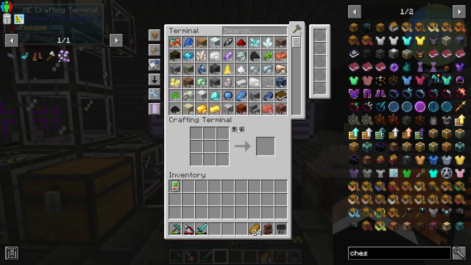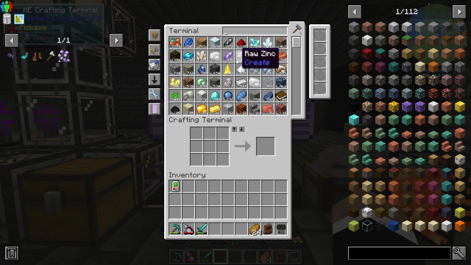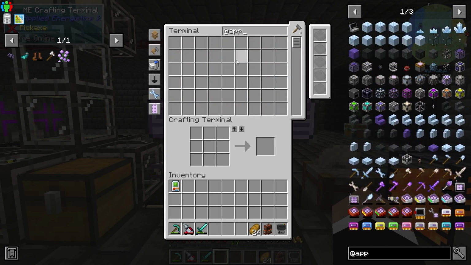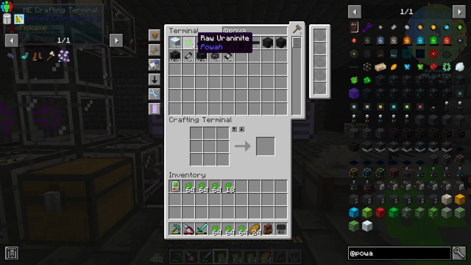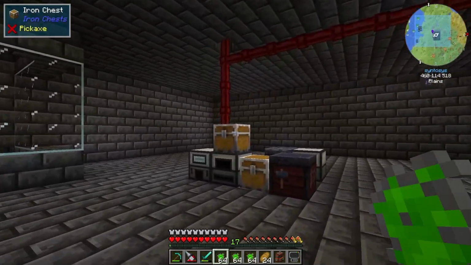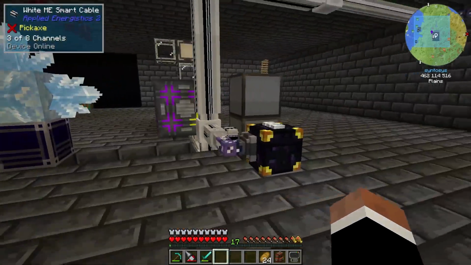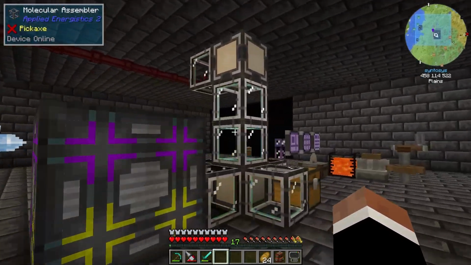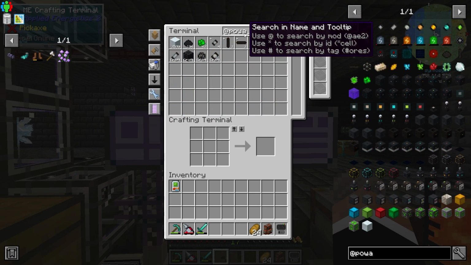So let's get this started, shall we? So if we go at applied, no, at power, there we go. I am going to take all of the raw uranite out, and I'm going to go shove that over here for now. So that's basically going to cook up for us, and then I'll come back for it in a moment. So what we need to do is at power,